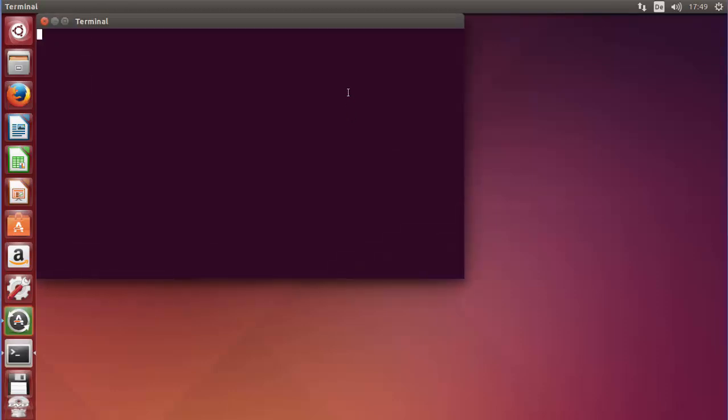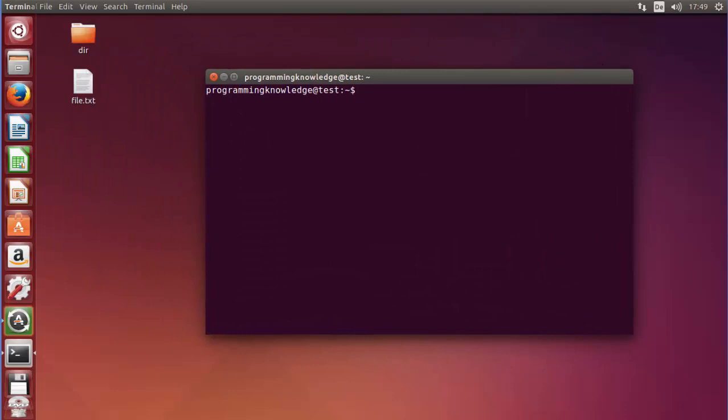So I'm going to open our terminal first of all, and in this terminal, let's say we want to create a script on the desktop. So I will just change the directory to the desktop, and then I will use our nano editor for creating a script. For creating a script, you just need to write nano and then the script name. So for example, I will name my script myscript itself.